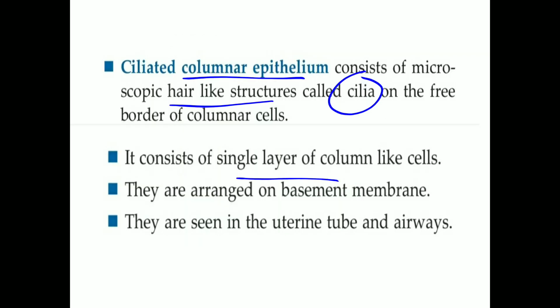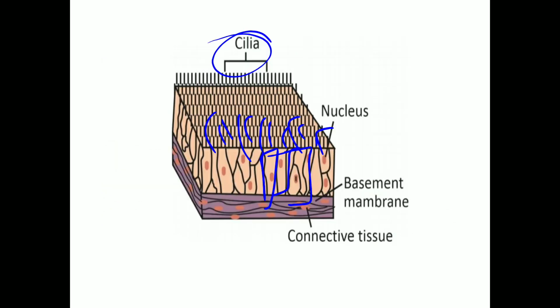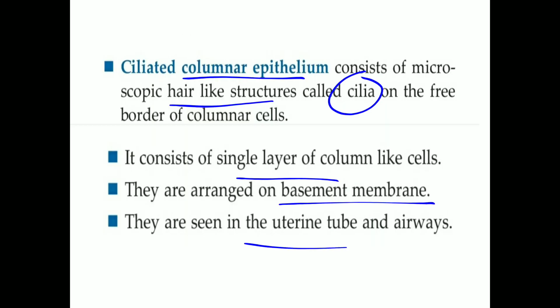And it is also formed of a single layer of column-like cells, and they are arranged on a basement membrane. They are seen in the uterine tubes and airways. In the airway, it helps in the movement of the sputum, or the mucus, so that the mucus or the sputum can be brought to the throat,